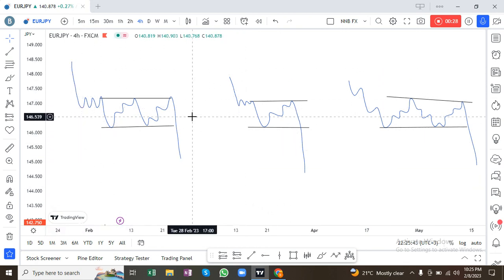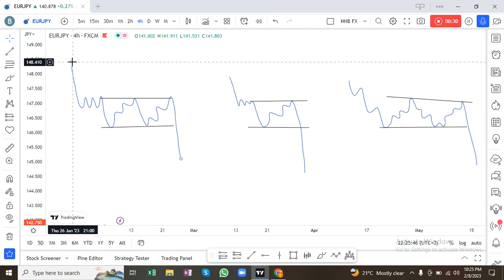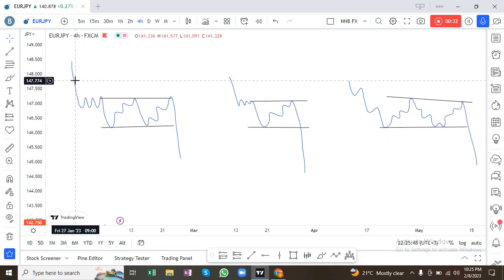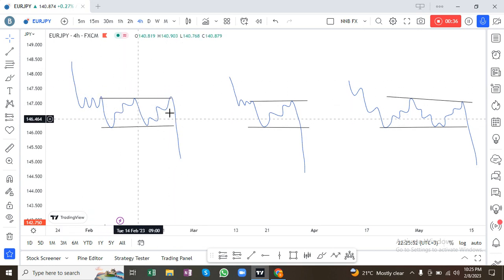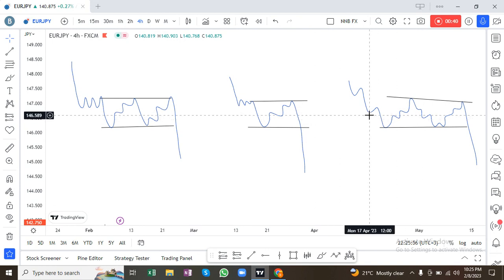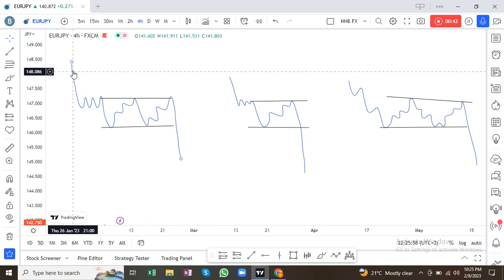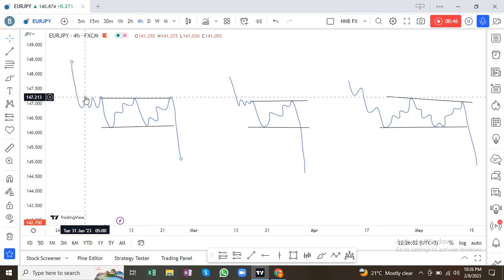As you can see on the diagrams that I've drawn here, it normally comes down. It happens both in the bearish and bullish market. In the bullish market, it will be just the opposite of this. The examples that I've given here are for the bearish market. The first one, as you can see here, the market normally comes down and then forms a smaller flag and then